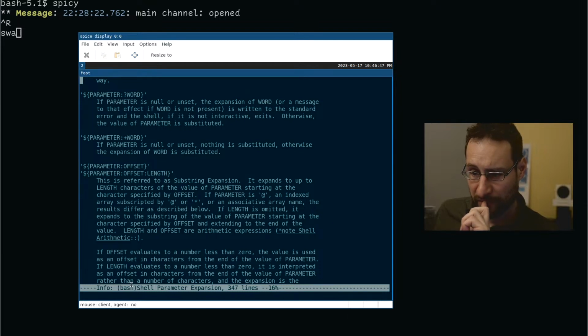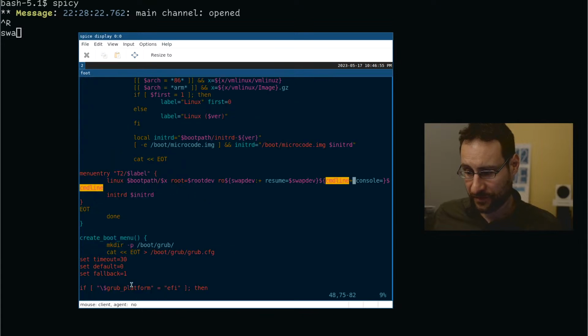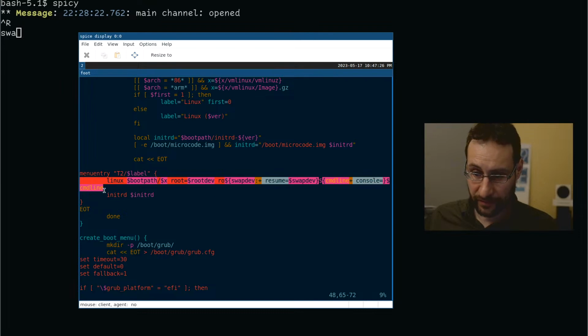So what I want, if parameter is null or unset, nothing is substituted. Otherwise, word is substituted. Actually this looks like it should work. So I used plus command line. So if it's set, it should substitute to space console equal. Somehow this is unset or null. Somehow I screwed this up in one way or another, I would say.